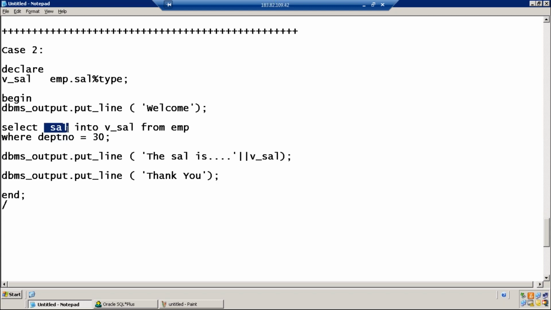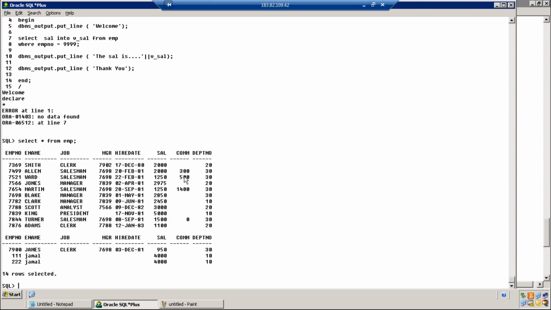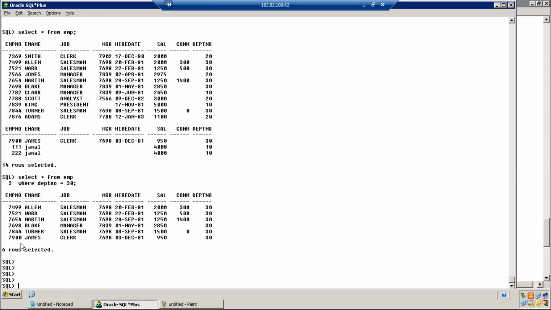Select sal into v_sal from the employee table where department number equals 30. How many rows do we have with department number 30? Select star from EMP where department number equals 30. We have 6 rows. You have 6 salaries.